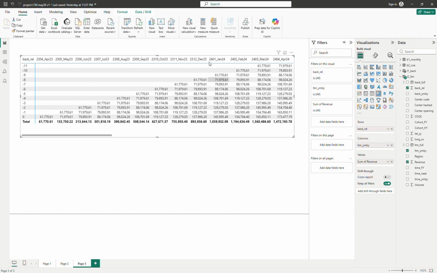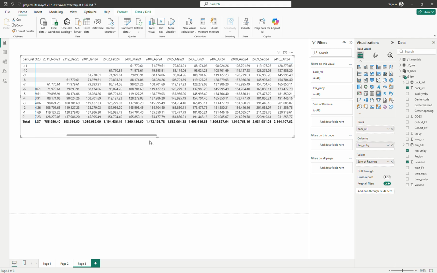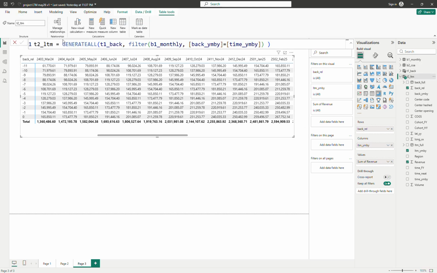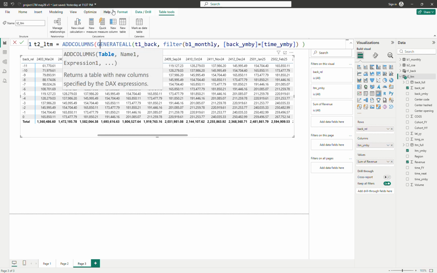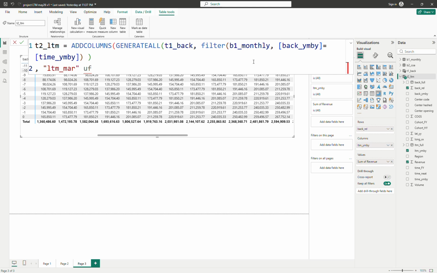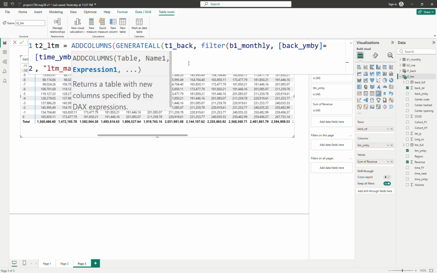Okay, the second thing I need to show you is to check the match of every year. So match in here, match in here, match in here. Okay, so let us do it by adding one filter in this case. So I want to add the last 12 month check, the last 12 month match in this case. Okay, so I add one more column in this table, and then what I do is if,